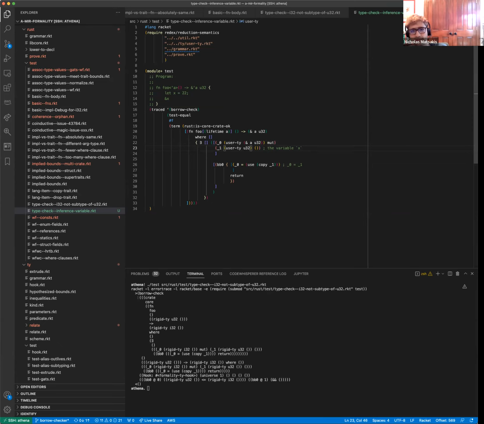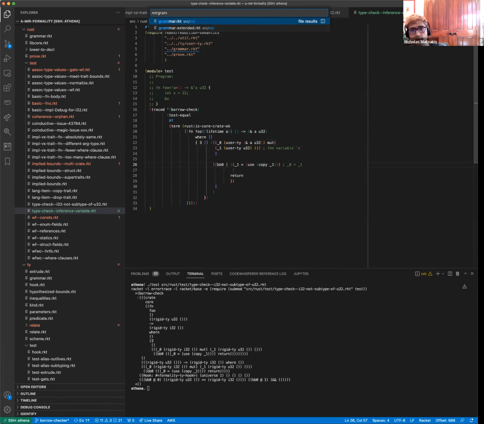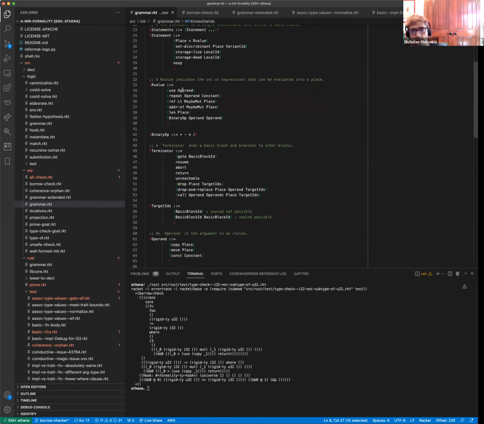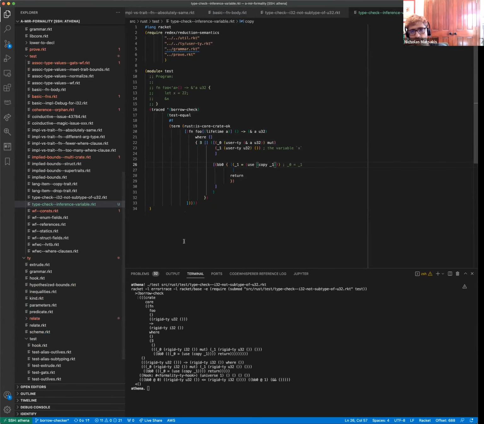And then I guess we need a, well, no, I don't know if there's any more variables. All right, and the first thing we're going to do is initialize. Kind of forgot what our grammar looks like. An R value, an operand, constant is just a number. Okay. We're definitely gonna have to fix that, aren't we? But anyway, this should initialize, this should be like x equals 22. And then the return statement is like underscore 0 is